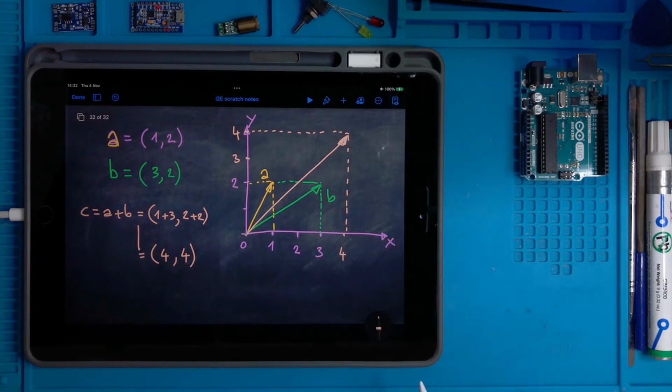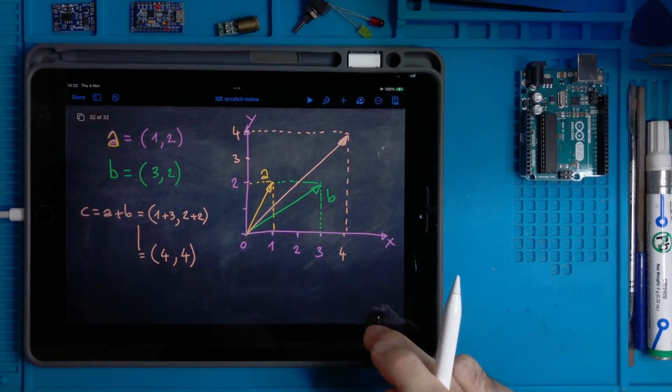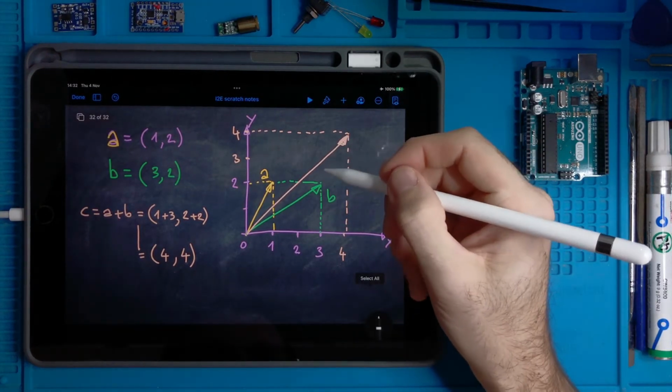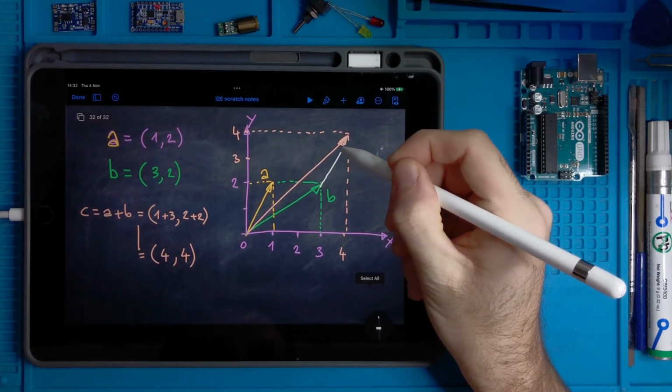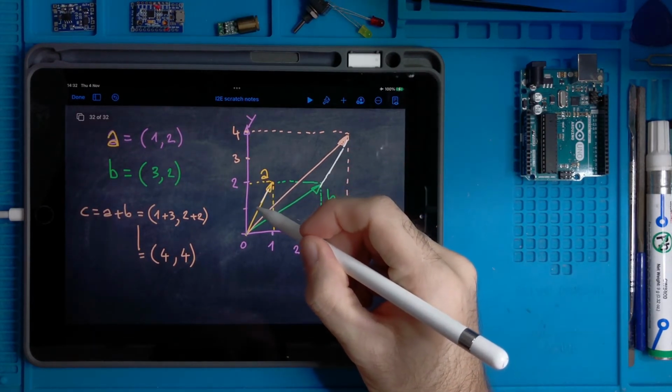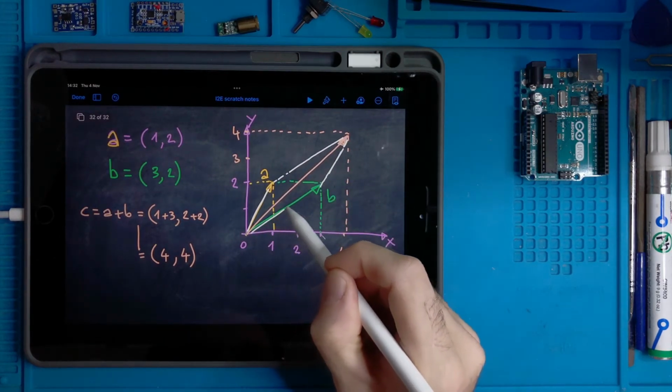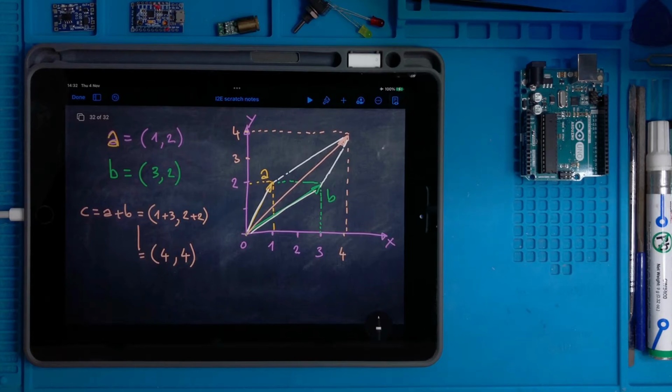So if we do all carefully, then we will see that this thing here is parallel to this, and this thing here is parallel to that, and this is also called the parallelogram rule, a geometrical rule to summate two vectors.